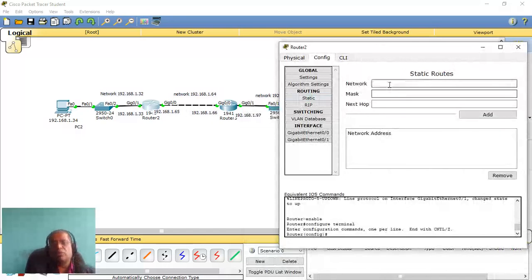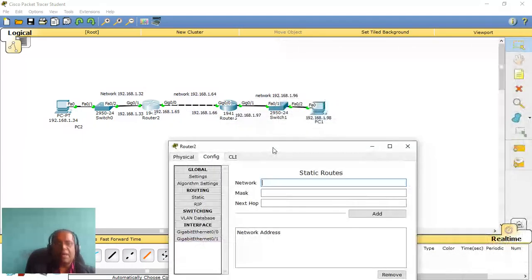I am going to create a static route. What do I have to create in this router? I have to teach this router about this network, that is, the 192.168.1.96 network, which is unknown to this router. So what is the network I am talking about? 192.168.1.96 is the network I want to do the routing for, and the subnet mask is 255.255.255.224.